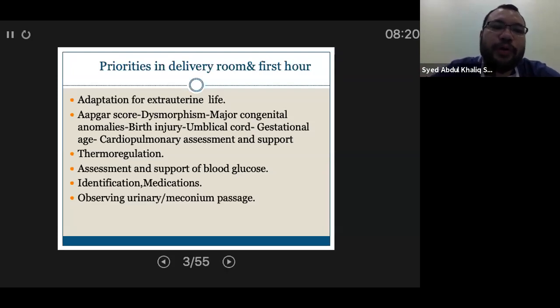What do you support? You support thermoregulation. You need to make sure that the baby is well controlled, well stabilized in terms of thermoregulation. I've told you before, newborn babies cannot control their own body temperature. So if you wrap the baby a bit more, the baby will become feverish, will have hyperthermia. If you don't wrap the baby enough, the baby will go into hypothermia. And then you assess the other effects, and you need to make sure that the baby passes urine within the first 24 hours and passes meconium within the first 24 hours as well.